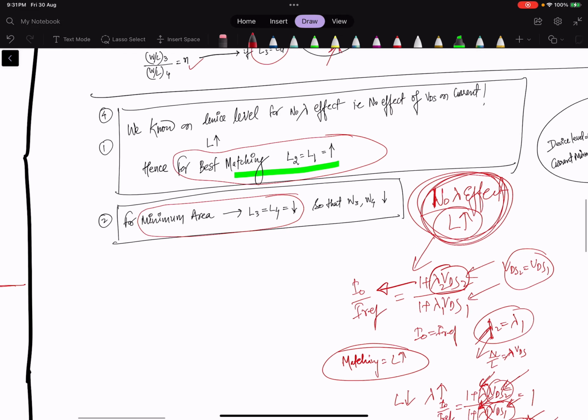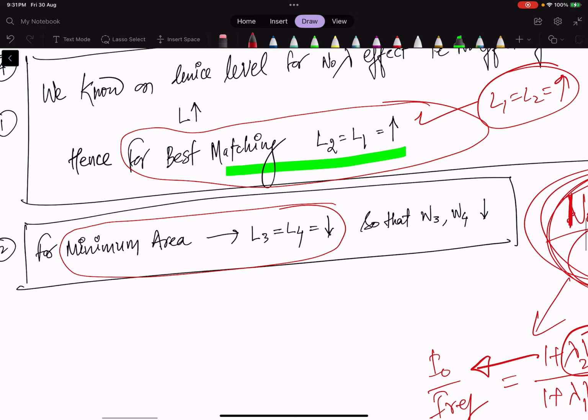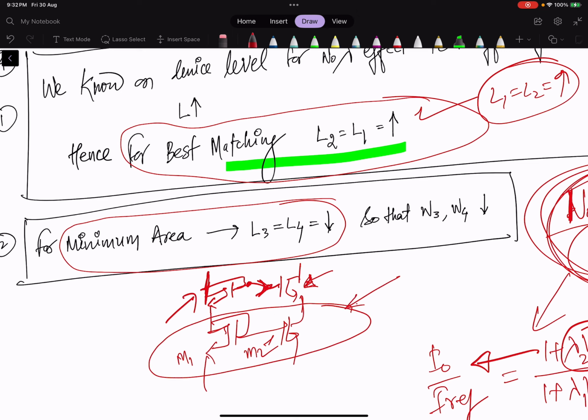So this is the point mentioned here, that as we increase the length, the lambda effect will be gone, and we make L1 equal to L2 equal to high, both the lower devices M1 and M2. The Cascode one, the upper one, basically this is a diode connected device, and this is the Cascode, and this is the bias voltage generated here, and it is connected here. So this is not made high because the purpose of copying the current is served here. Once I naught is equal to IREF, or it is matched,